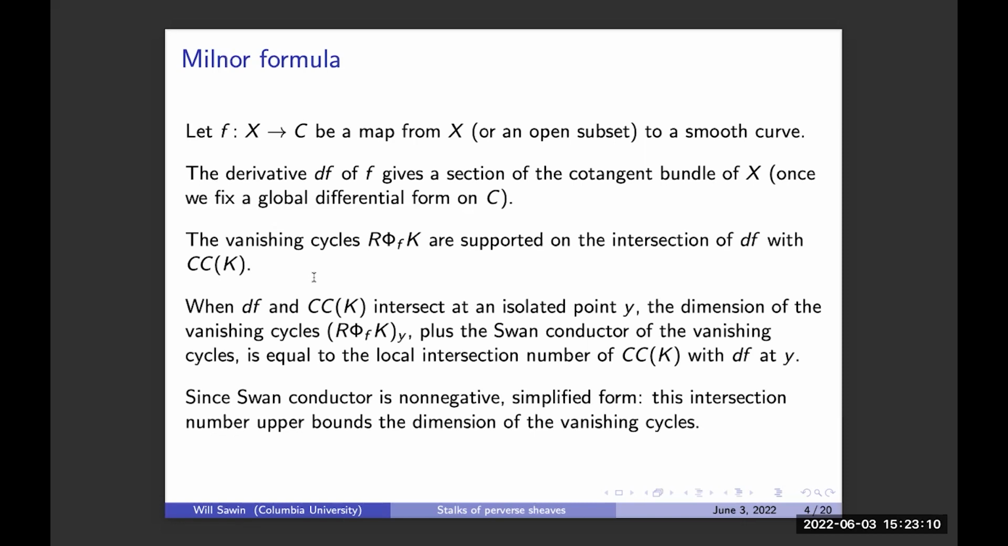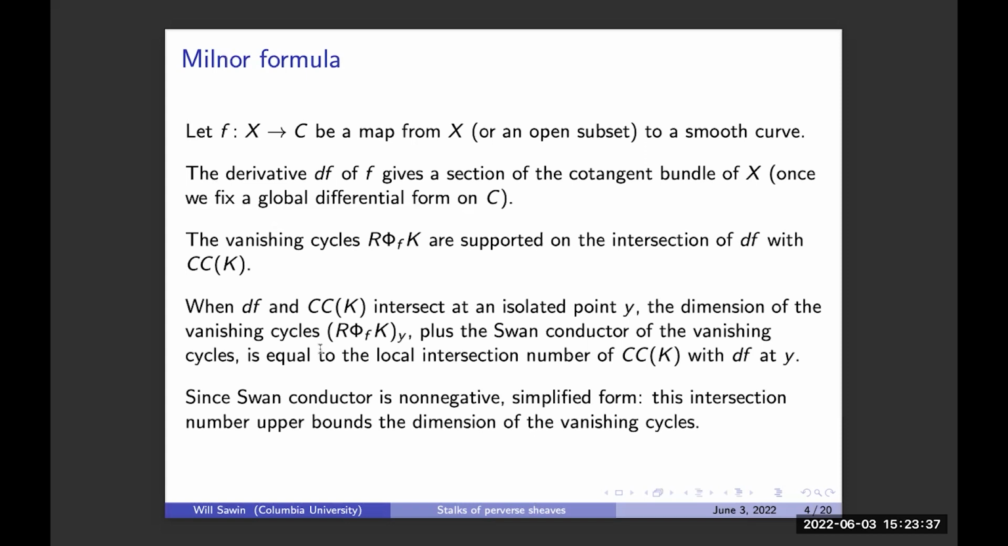The intersection number of the section df with this characteristic cycle will equal the dimension of the space of vanishing cycles plus the Swan conductor, which measures wild ramification. So in characteristic 0, the Swan conductor vanishes, and so the simpler formula is that the dimension of vanishing cycles is equal to this intersection number. And if your perverse sheaf is